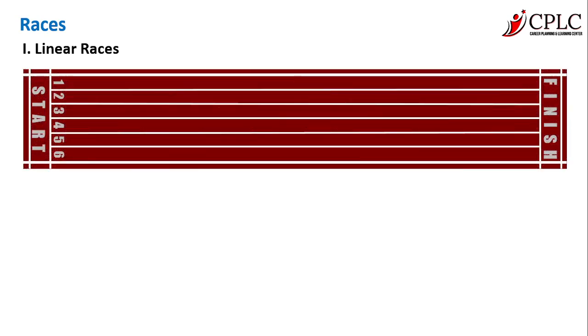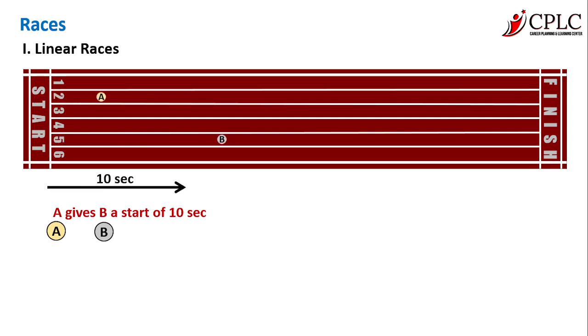So that's the first statement. Now this same start can also be in terms of time duration. For example, it says that A gives B a start of 10 seconds. Now what does that mean? This means that B will initially run for the 10 seconds, and once that has happened, then A starts running. So the starts can be in terms of two things. One is distance, one is time. And those are the ways to look at it.